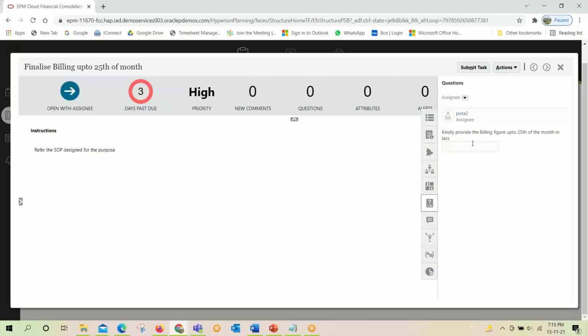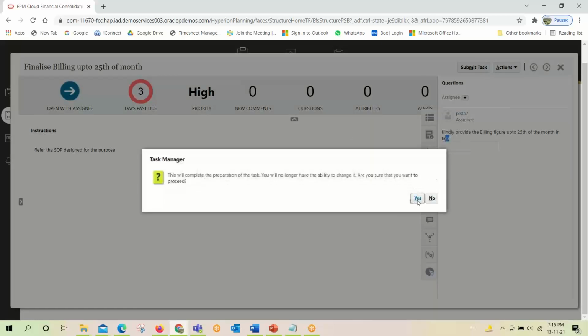So we have put one question for this purpose: Assignee, kindly provide the billing figure up to 25th of the month in lakhs. But we have not made it compulsory. So when he submits the task, it will submit without asking this question. So we will submit this task.